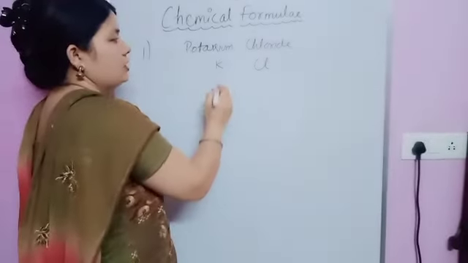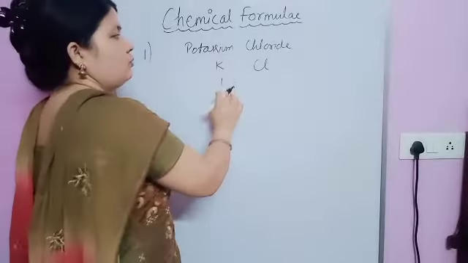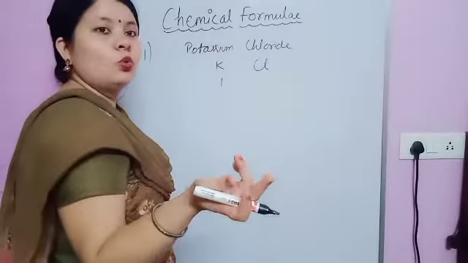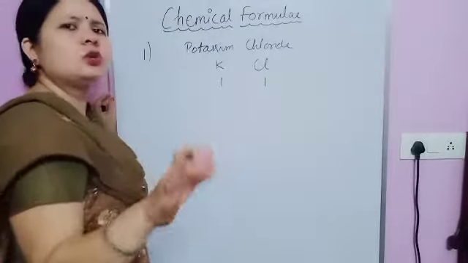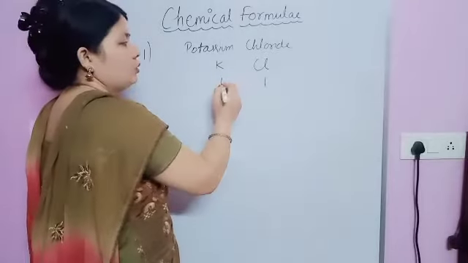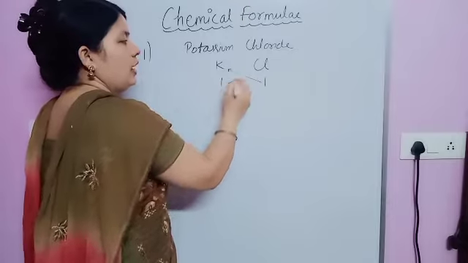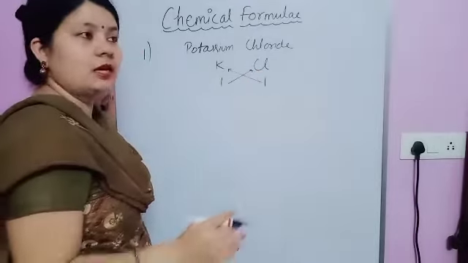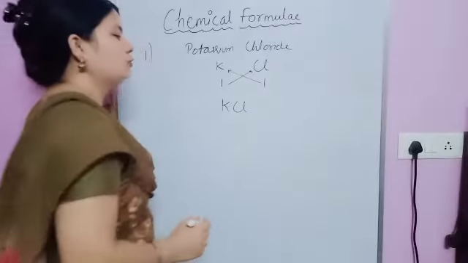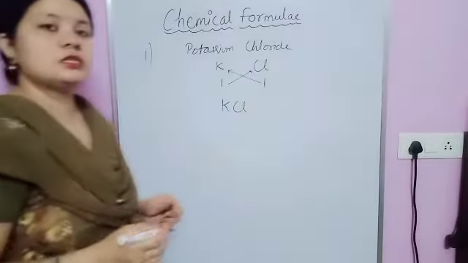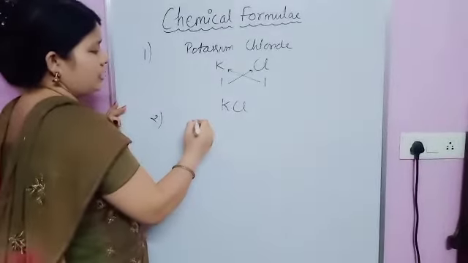Now what about the charge in potassium? It is 1, although it's +1, but we'll write 1. Chlorine is also 1, it's Cl negative, and the negative shows a -1 charge. No need to write the sign, only 1. Now cross multiply these charges: one goes with K and this one goes with Cl. No need to mention 1 while writing the formula, so you can write the formula directly. That is KCl.